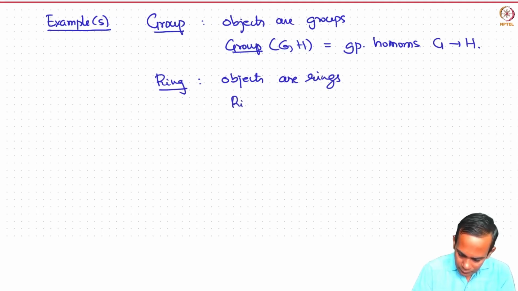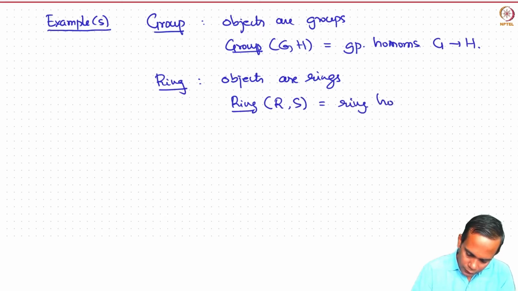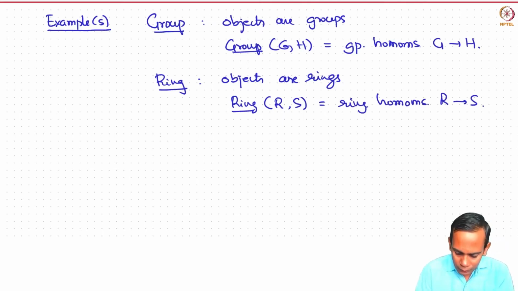And ring, RS equals ring homomorphisms from R to S. We can talk about, given a ring R,